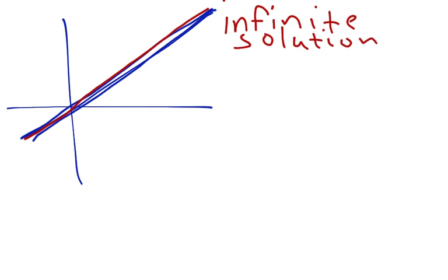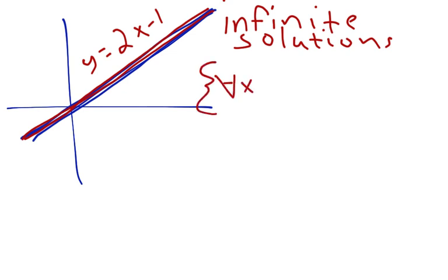Say this is an example of y equals 2x minus 1. The other one was some variation of that, but it still was the exact same line when you graphed it. So they're the exact same line. In a college class, you would actually write for all x, that fancy looking x, such that the ordered pair xy is on,